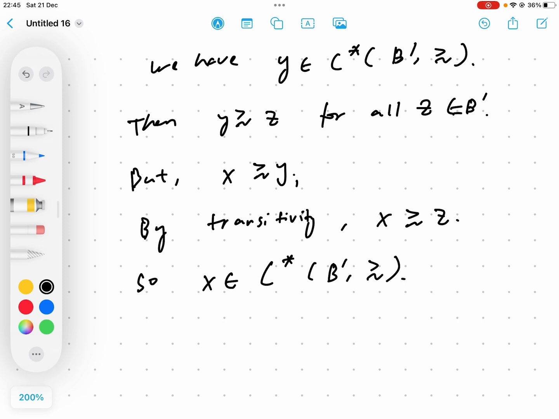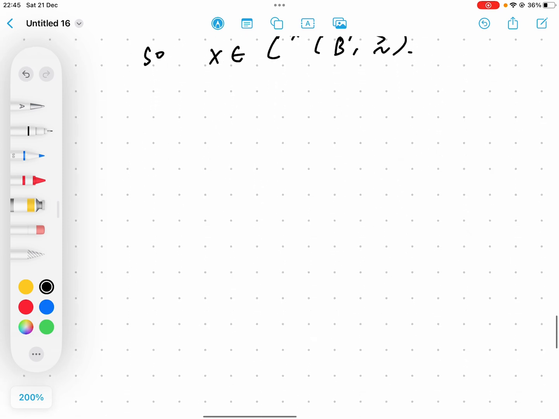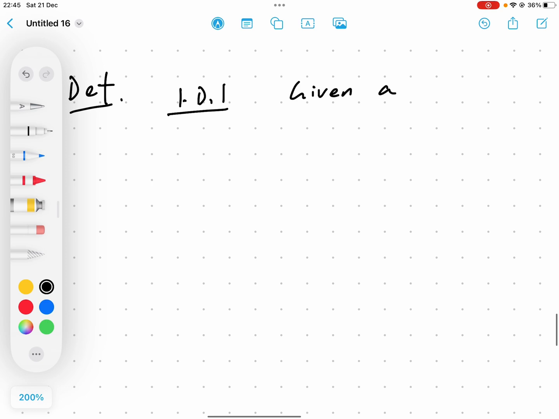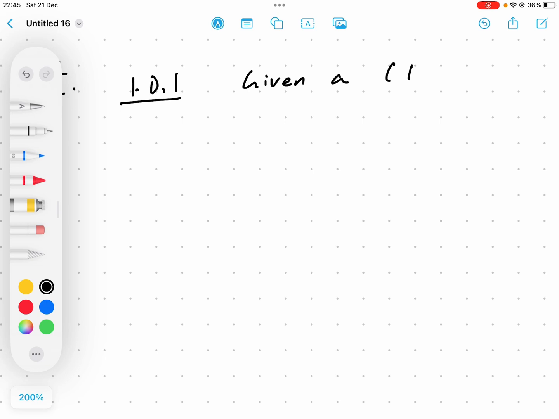Now before that, let's first define some tools or intermediate steps that might be useful for us later to show the other direction, and that is called rationalize. So this would be Definition 1.D.1. We say that given a choice structure, calligraphic B and C map, and here we say that the rational preference relation